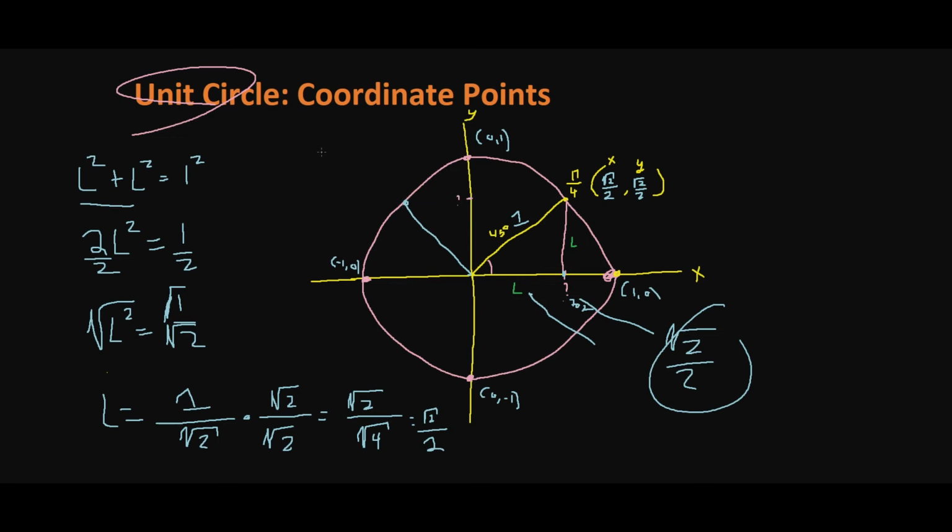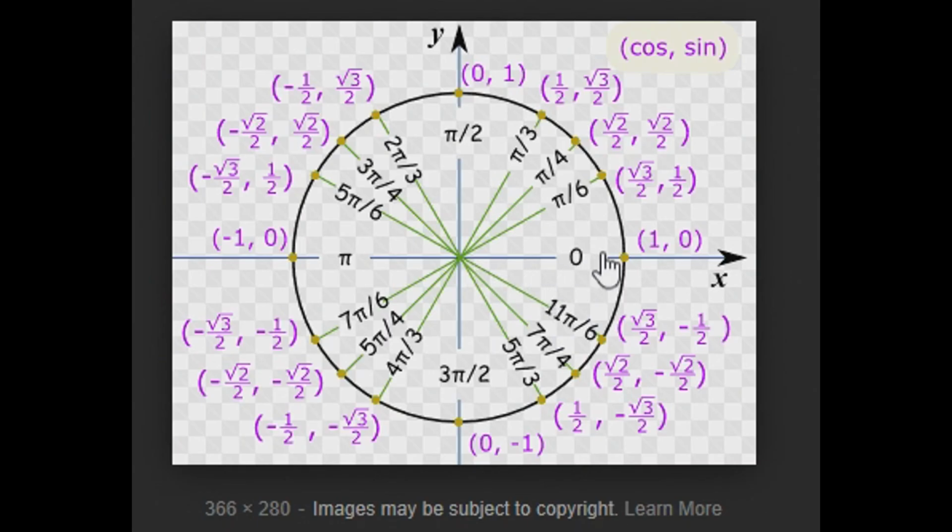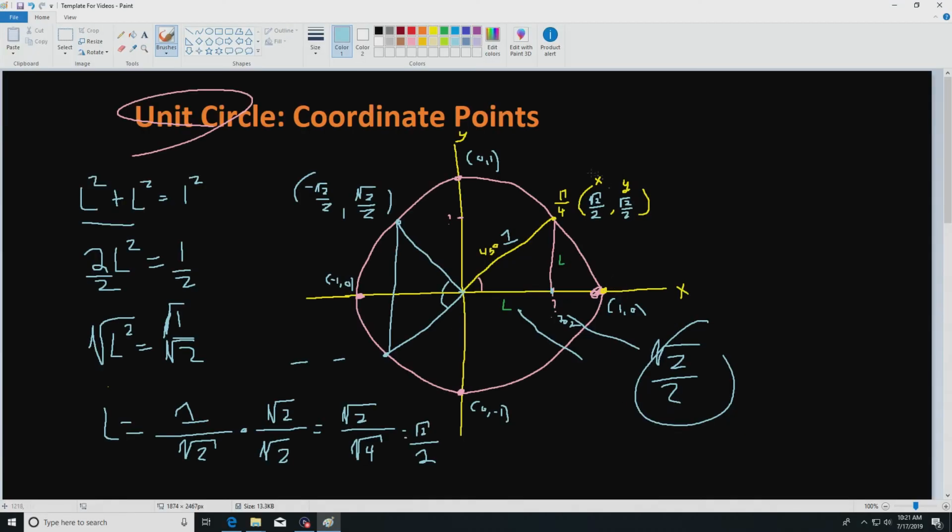In case you're wondering, it's the same 45 degree triangle as this one. The only thing different is that we're in the negative x-axis. So this is why this is negative square root of 2 over 2, but the y value is positive here, square root of 2 over 2. That's essentially how we can fill in a lot of these portions. This right here is the same 45 degree right triangle as this one, but now they're both negative, and that's why if you look over here, they're both negative. Over here, you're in the positive x-axis, so the y value is negative and the x value is positive. So that's how we can get the coordinate point for a 45 degree triangle. In the next video, we'll talk about how to get the coordinate point for a 30